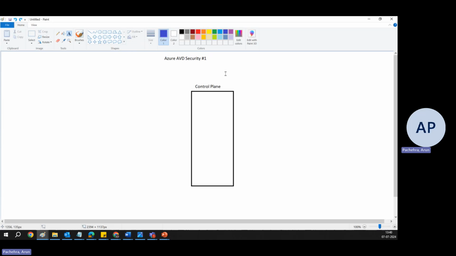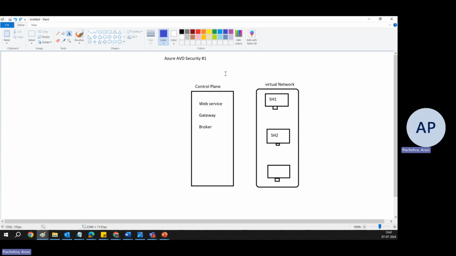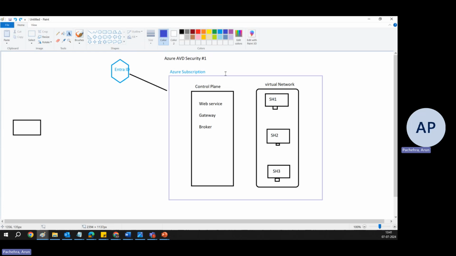So this is our control plane on Azure. These are some services which are managed by the control plane. There are two more, database and broker. And these are our session hosts inside a virtual network. Let's call them session host 1, 2, and 3. This is our Azure subscription. And let's suppose this is our Azure Active Directory or MS Entra ID, which is linked with our subscription. And here sitting one of our users, so we call it client, who is trying to access our Azure AVD